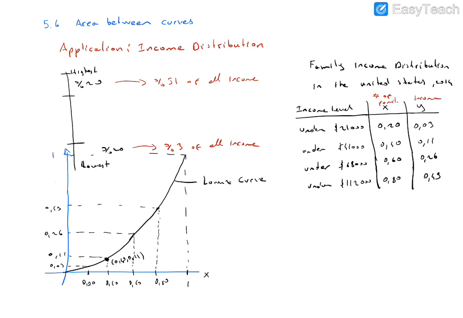Indicates that the bottom 40% of families, actually these 40% of families with incomes under $41,000, received 11% of the total income for all families in 2014. Okay, so this is the Lorenz curve. This graph of the function f of x is called the Lorenz curve. Actually, this is the y equals f of x function, which is obtained by using this data, using regression analysis.